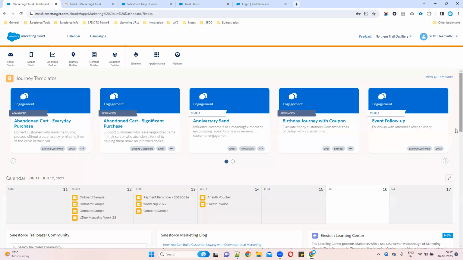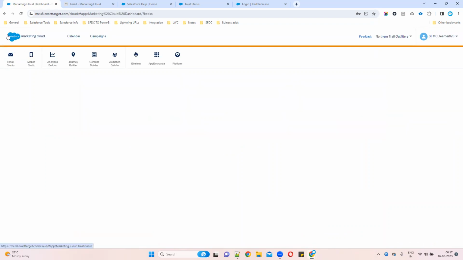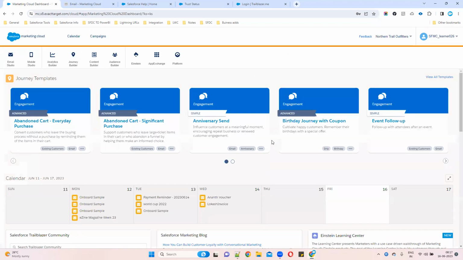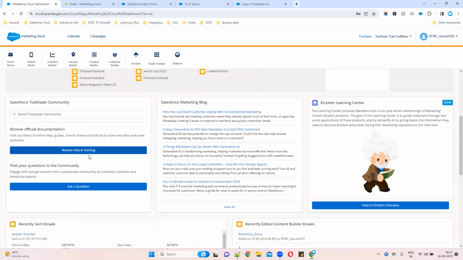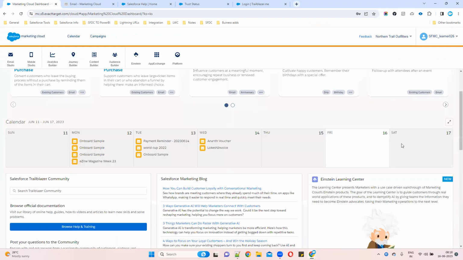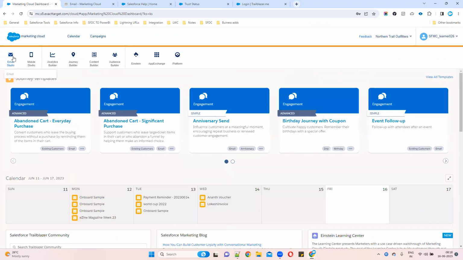Tell me, now I want to open Mobile Studio. Where do I have to go? You have to go here and click on it. Now it opens the mobile push. For example, I want to come back to the default page and see all the studios and app builders again. Where do I have to click? Go directly to the logo and click on it, and it will open the same page again. Understand, madam? Yeah.